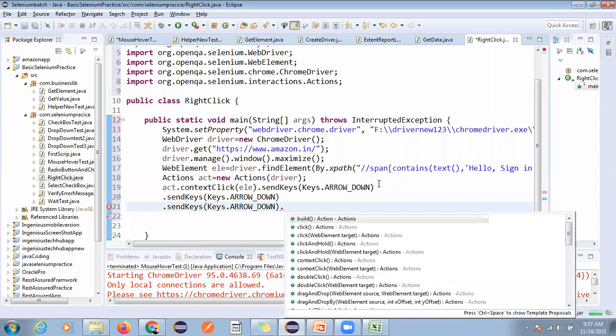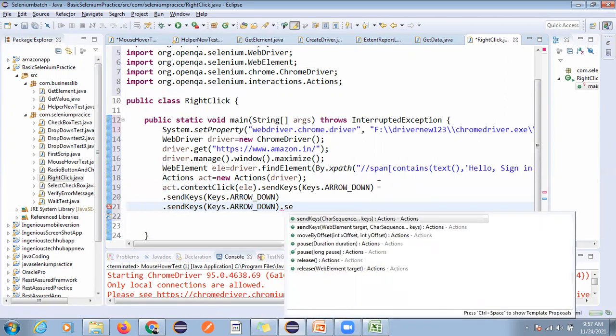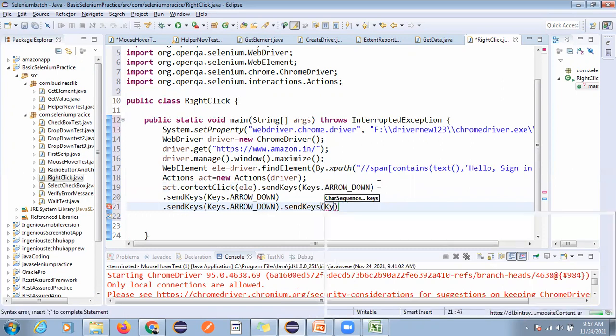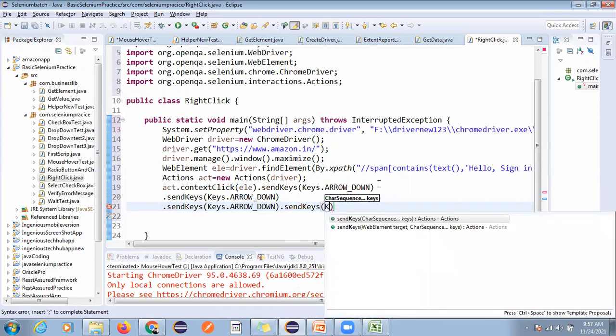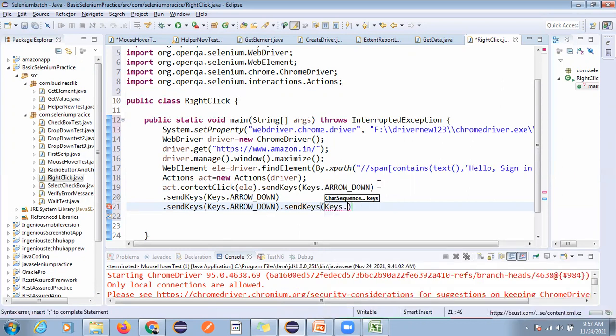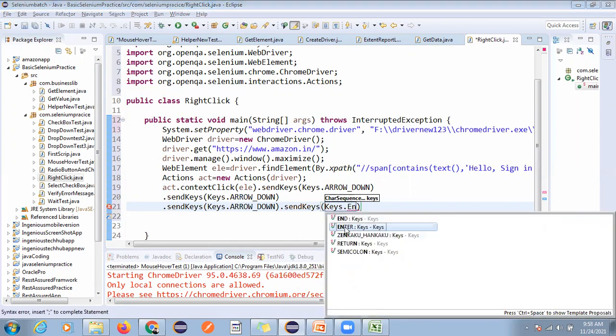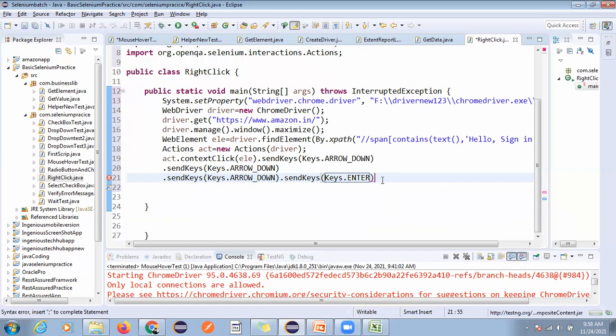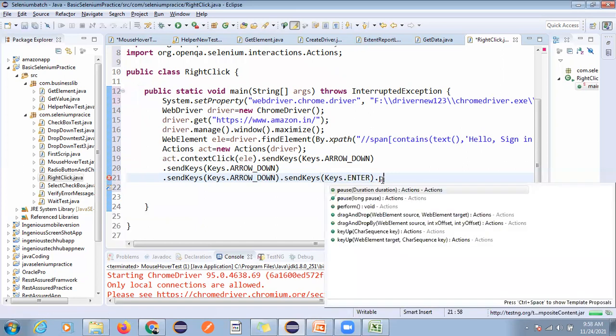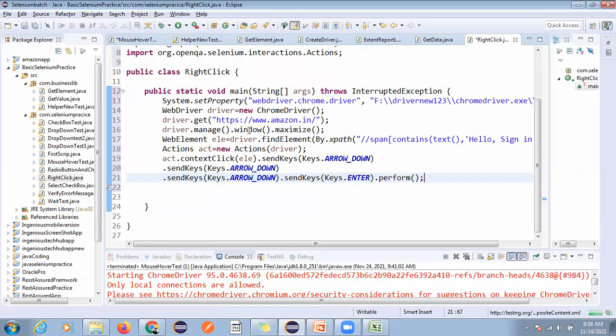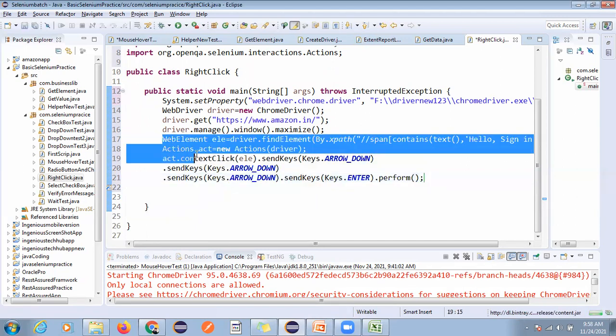You guys can try sendKeys with Keys.ENTER. All the operations you can perform, and now I'm going to use perform. You must use perform, otherwise it will not work. So this is the operation we can do here.